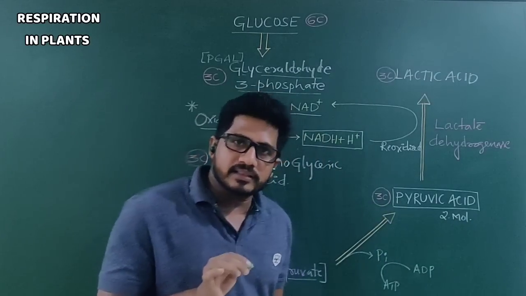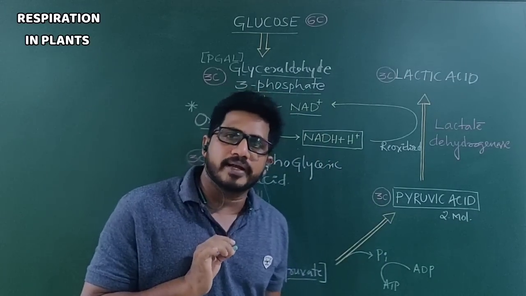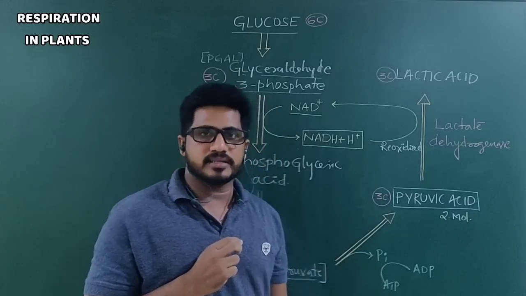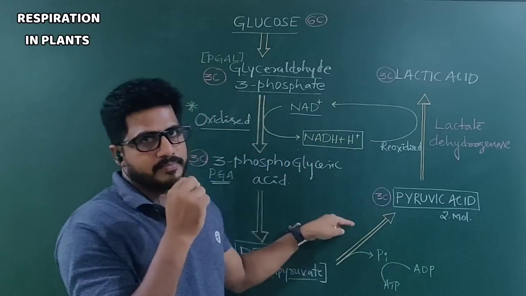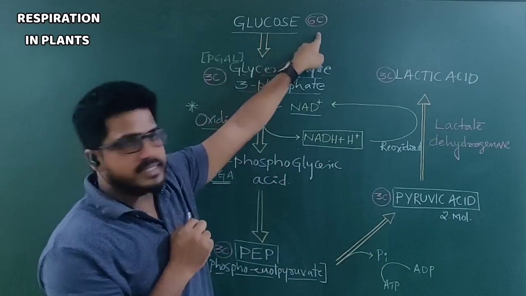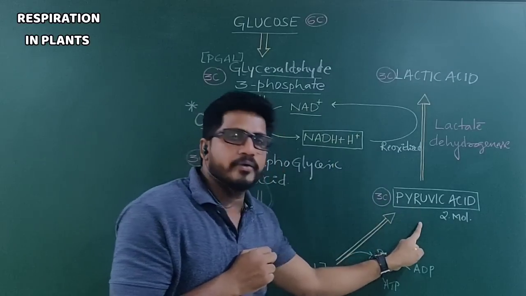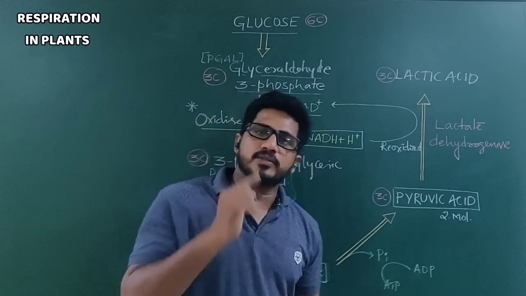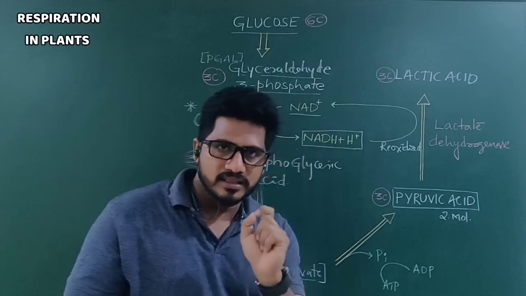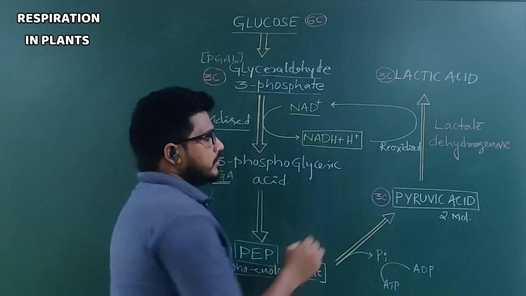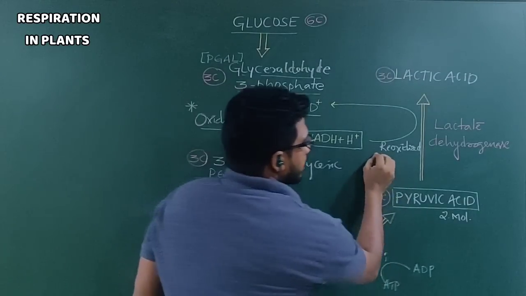But the typical thing is, how many molecules of pyruvic acid? 2 molecules of pyruvic acid. Then only the equation will be balanced. 1 molecule of glucose is 6 carbon, 2 molecules of pyruvic acid is 6 carbon. Means 1 molecule of pyruvic acid is a 3 carbon component. This 3 carbon component undergoes